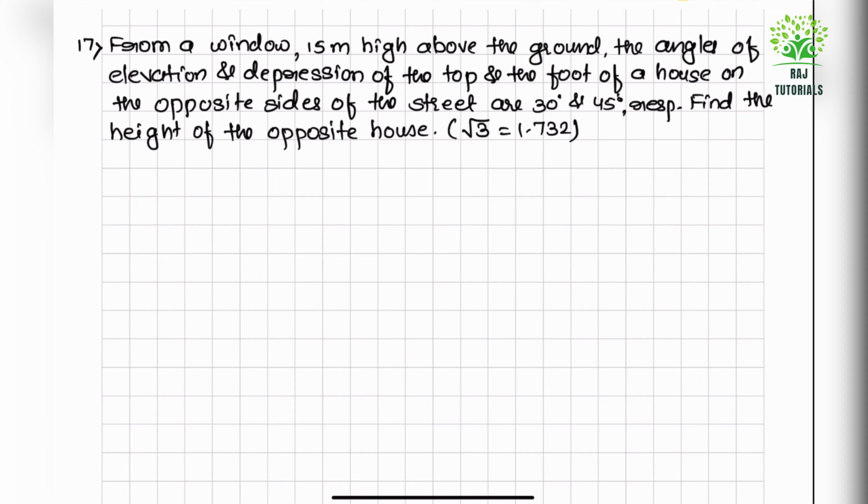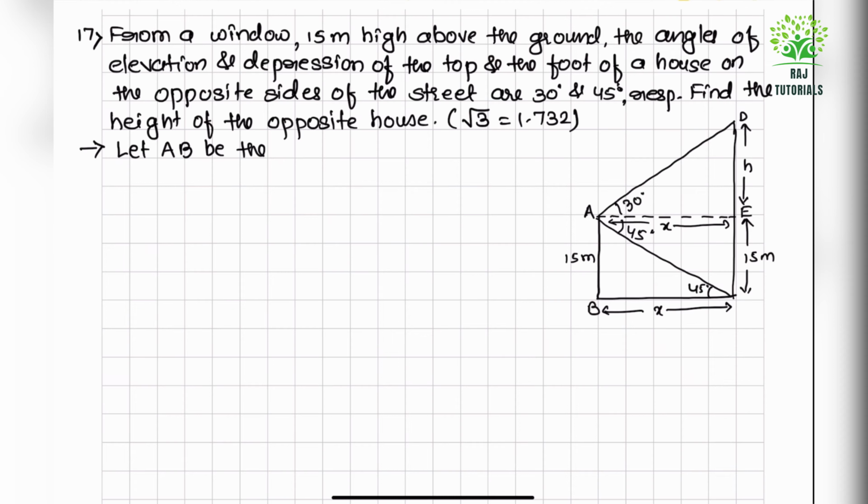Now next says, from a window 15 meter high above the ground, the angles of elevation and depression of the top and the foot of a house on the opposite sides of the street are given. So according to the question, the diagram is drawn. Now let us write what we have supposed here. Let AB be the window